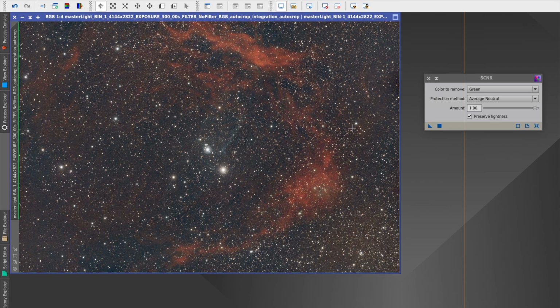If we zoom out, we can see this is more prominent across the entire image when we look at the before and after. If you don't want to go quite as far with the adjustment, then you can always tone down the amount and reapply it. As you can see, the change here is very subtle, particularly for this image, so it's not really that much